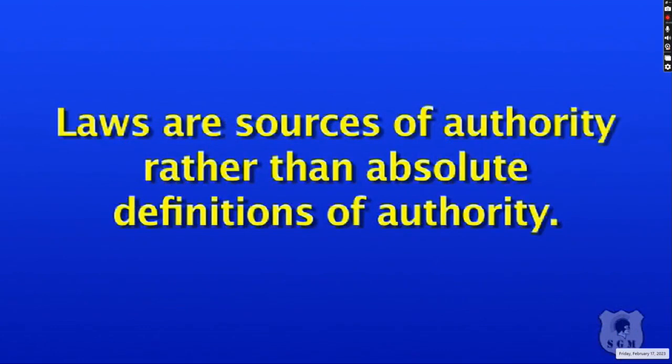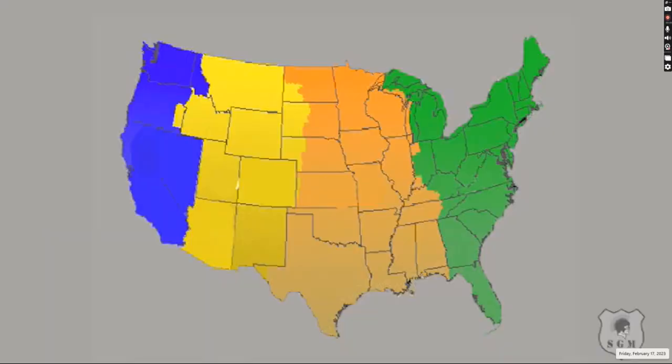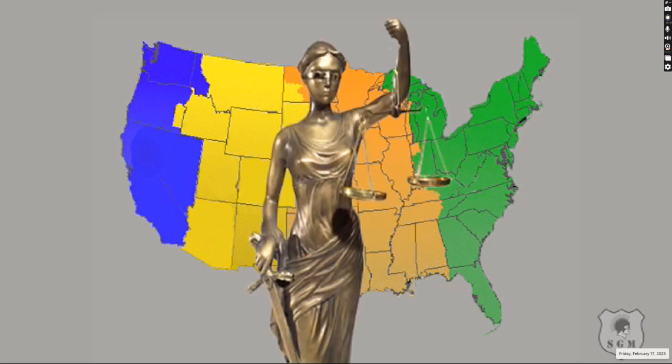The laws in many states pertaining to security officers are established precedents and are used as guidelines to prevent injuries and damages that can result in a lawsuit or other legal actions. For the most part, these laws are sources of authority rather than absolute definitions of authority. Basically, what that means is that the state has laws and regulations that, if followed correctly, the chances of civil or criminal charges against the security officer are improbable. This doesn't mean that a suspect can't sue anyway, and trust me, they do. But the criminal charges should never get beyond a hearing with the district attorney.